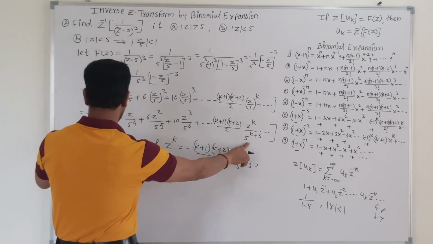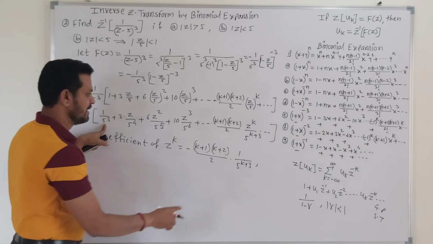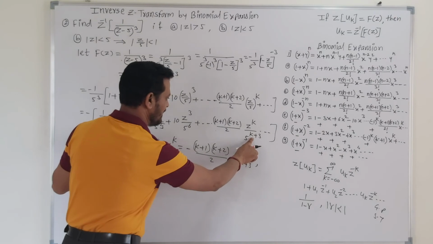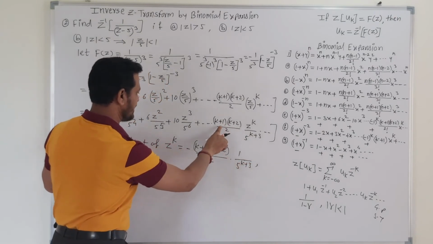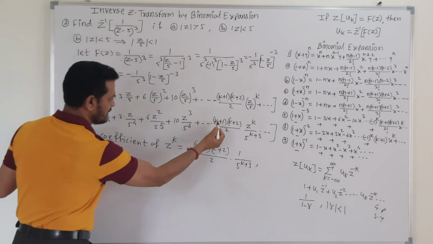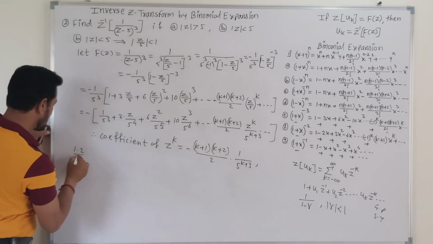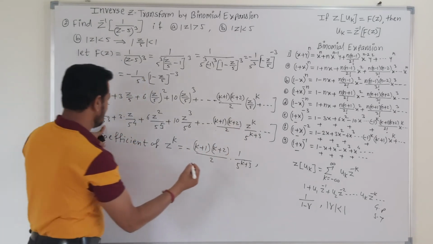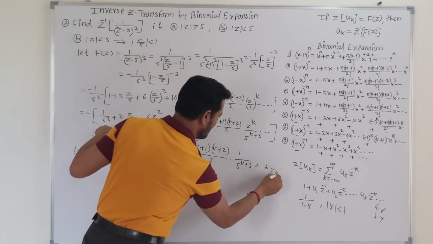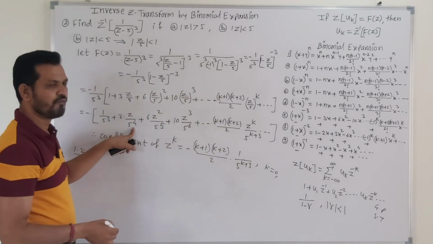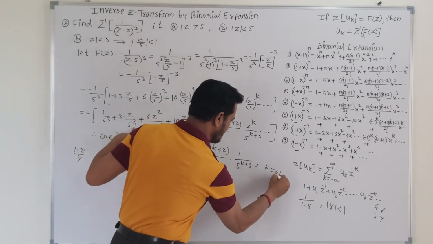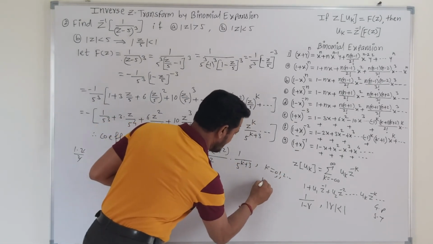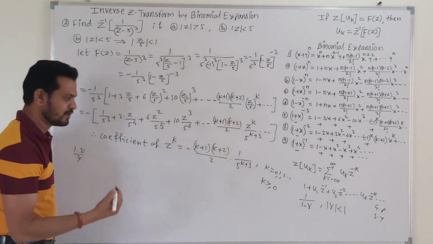So here 5 raised to 3 term is there. So here 5 raised to k plus 1 term is there. That means in particular put k is equal to 0. In particular, if we put k is equal to 0, and this is 1, 2. So this is 1, this is 2, then 2. So these two will get cancelled. Then z raised to 0 means 1. We get this as term, and this is possible when k is equal to 0. Then put k is equal to 1. We get this term. So put k is equal to 2 and so on up to infinity. So that means in general we can write this as k is greater than or equal to 0.